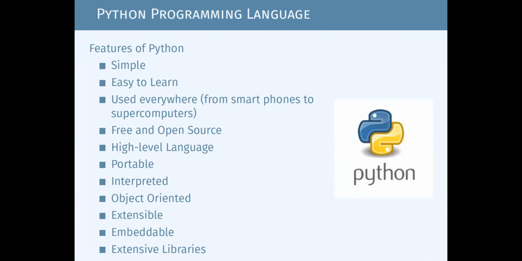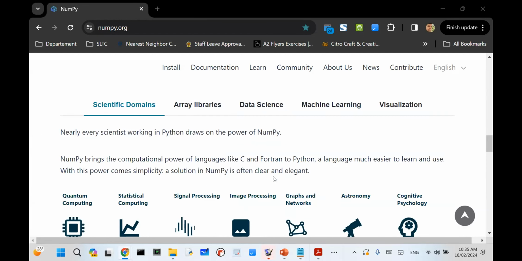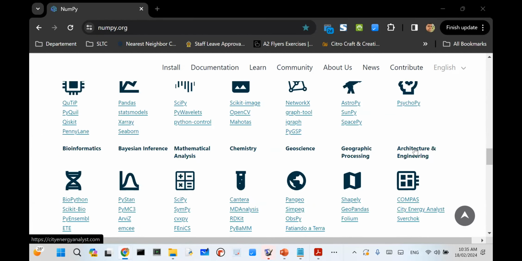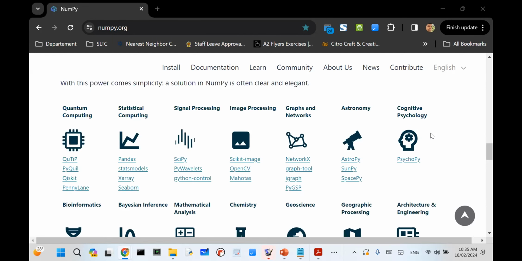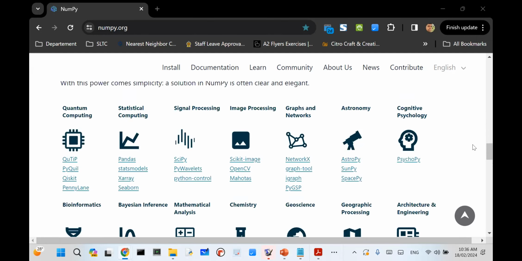These are different areas where Python, especially NumPy, is used, starting from quantum computing, statistical computing, signal processing, image processing, graphics, networks, cognitive psychology, bioinformatics, Bayesian inference, mathematical analysis, which I think as mathematical teachers you can focus on, chemistry, geoscience, geographic processing, architecture, and engineering.